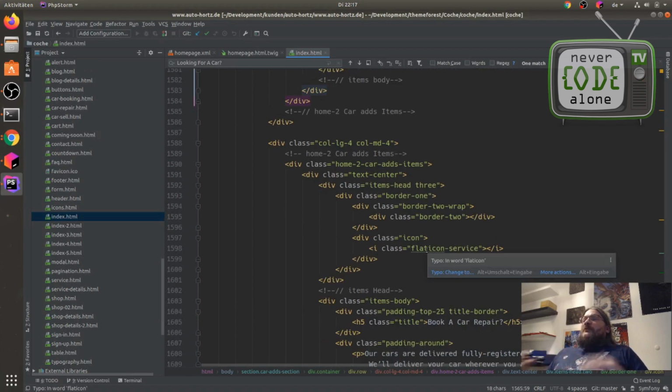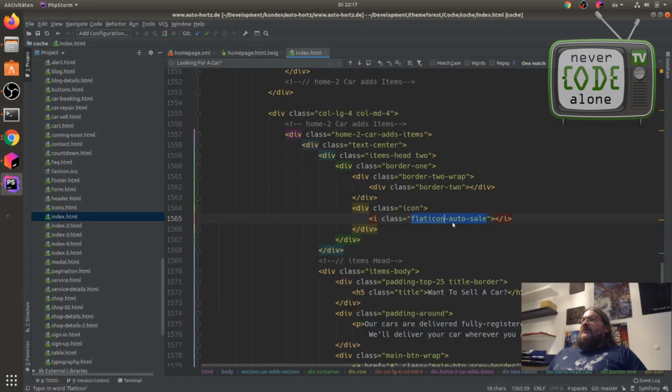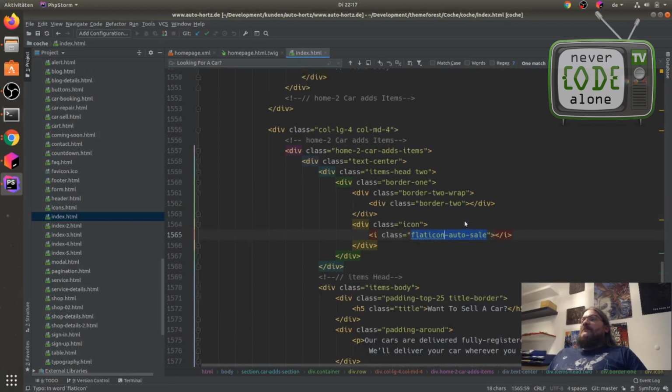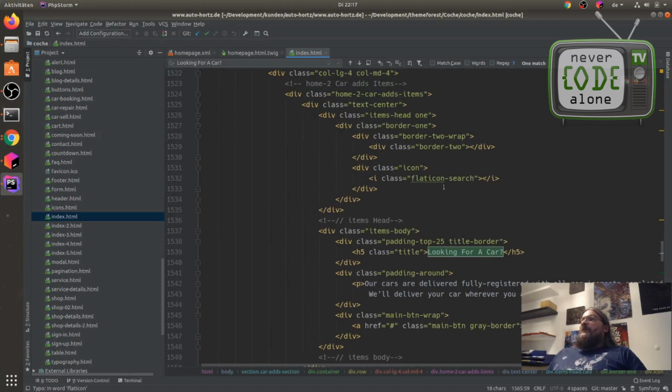So we want to have service, auto sale, and search in a drop-down field on our admin area.